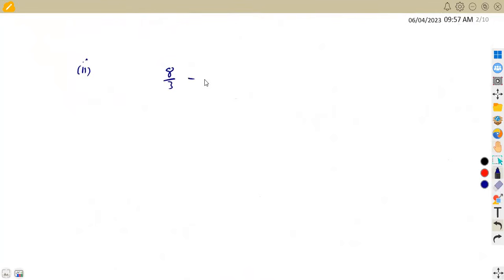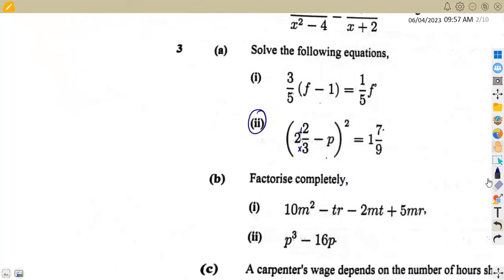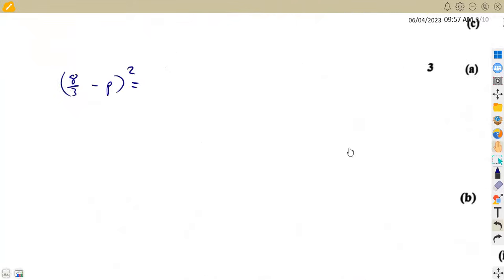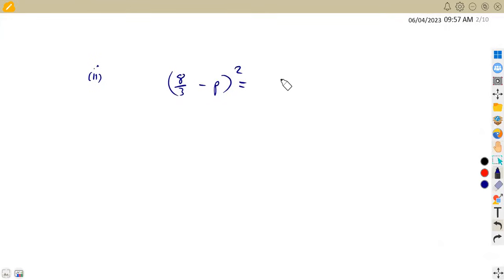So this is going to be presented like this. 8 over 3 minus p, squared, is equal to, if we simplify, 1 and 7 over 9. If you multiply, that is 9 plus 7, which is 16. So that's 16 over 9. So remember, guys, if you're given a square like this, you can simply remove the square by introducing the square root. The square root and the square cancel. Thus, we are going to have 8 over 3 minus p is equal to,